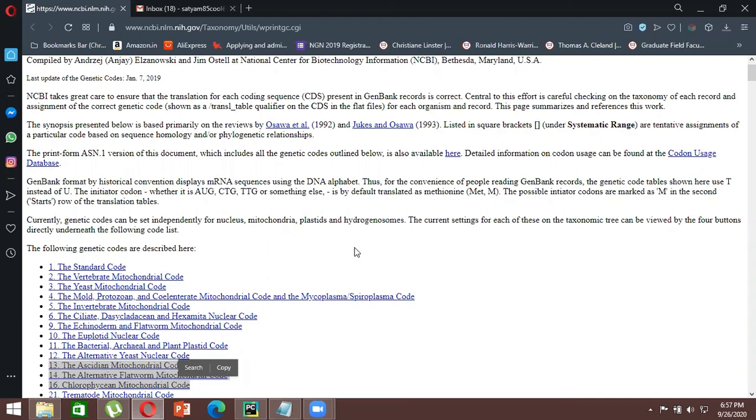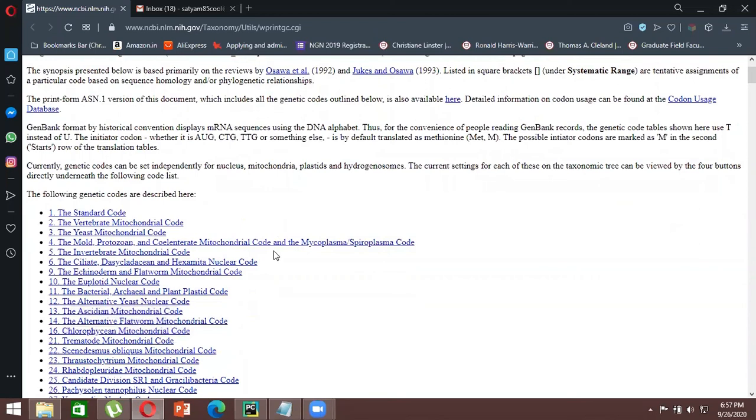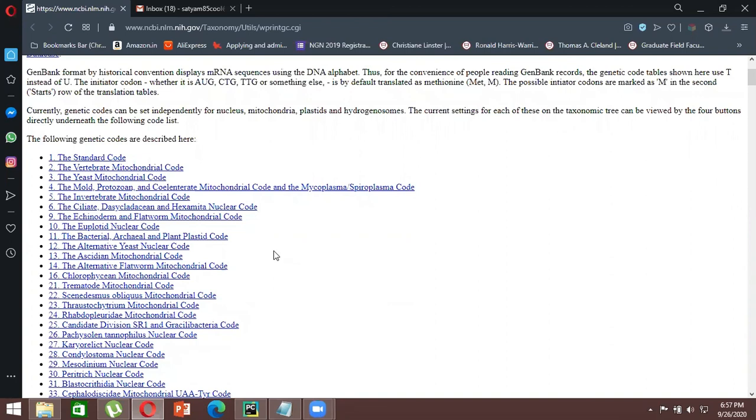So this is the link जहाँ पे you will find all the different kinds of codes, or different tables that have been defined by NCBI for different bacterial or yeast cultures, or mitochondrial, whatever it is. Like the standard code is there. And you don't have to learn all those things. Okay, just know the basic difference.